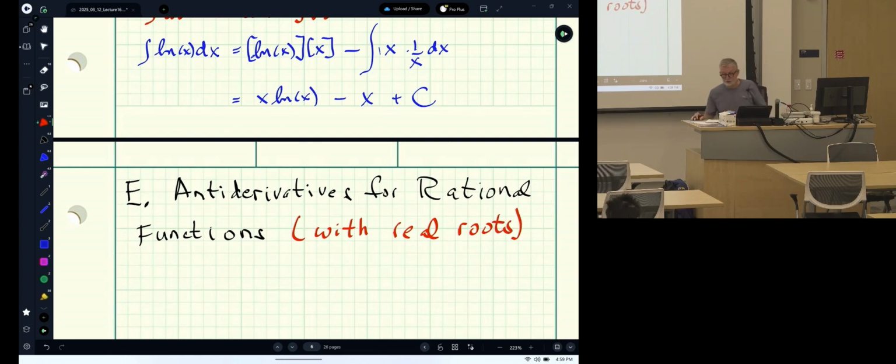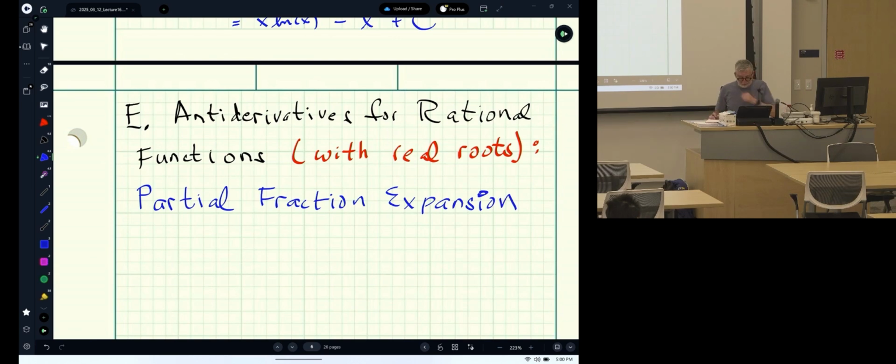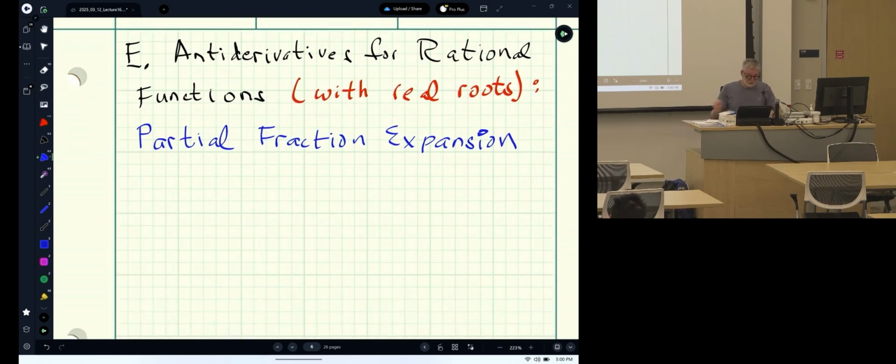You'll see what that means in a minute. And the method is called partial fraction expansion. Sometimes also called partial fraction decomposition. Okay, so